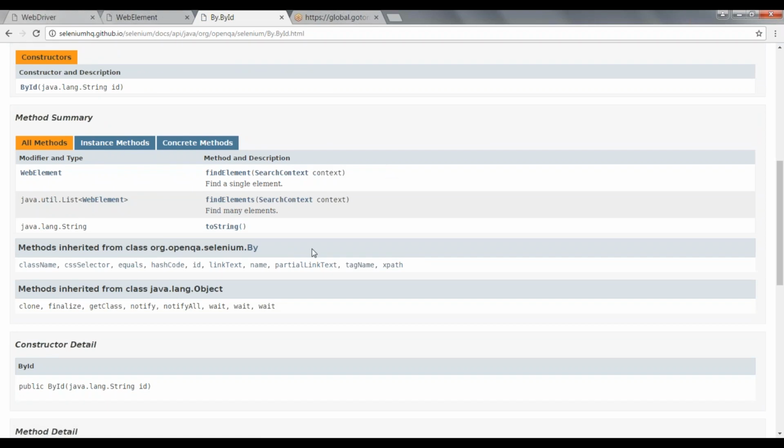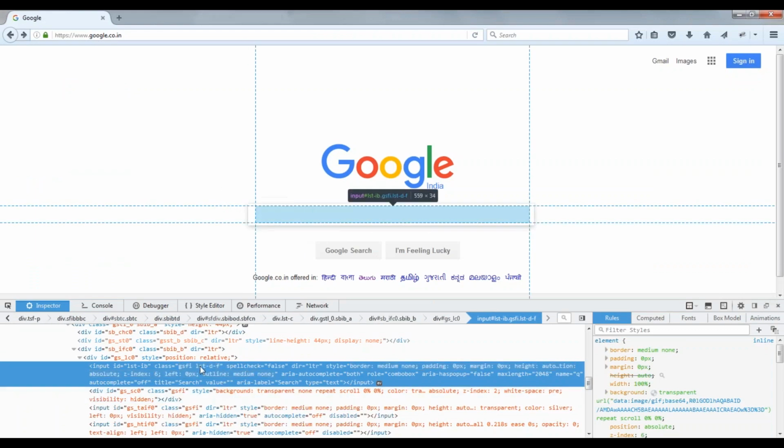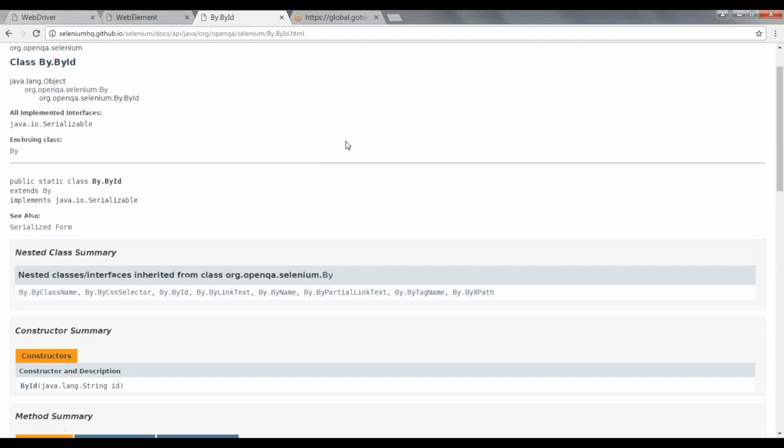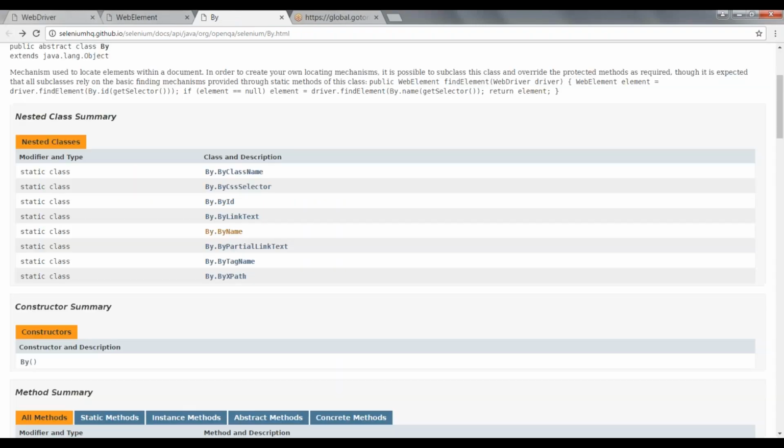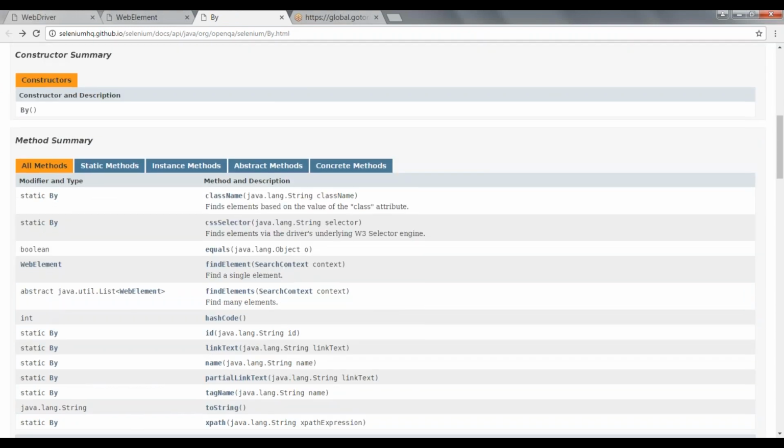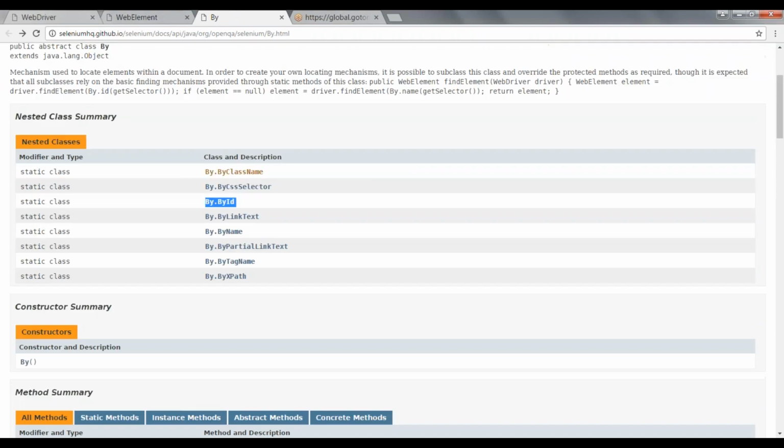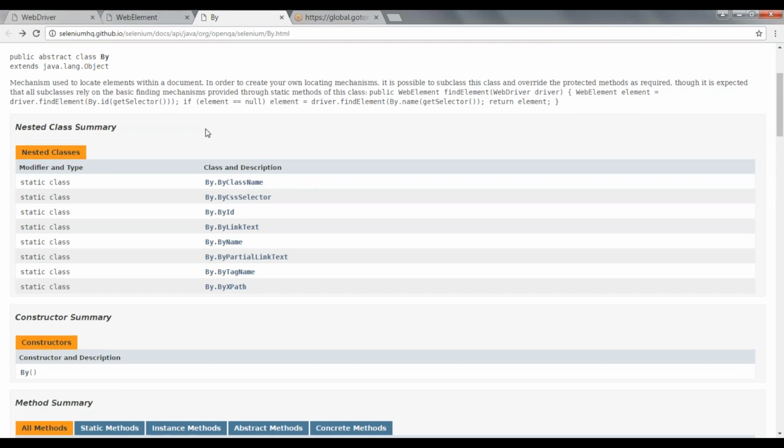It will search for that particular element in the DOM. With the help of id if it is By id, and with the help of class name if it is By className, it is going to search that.